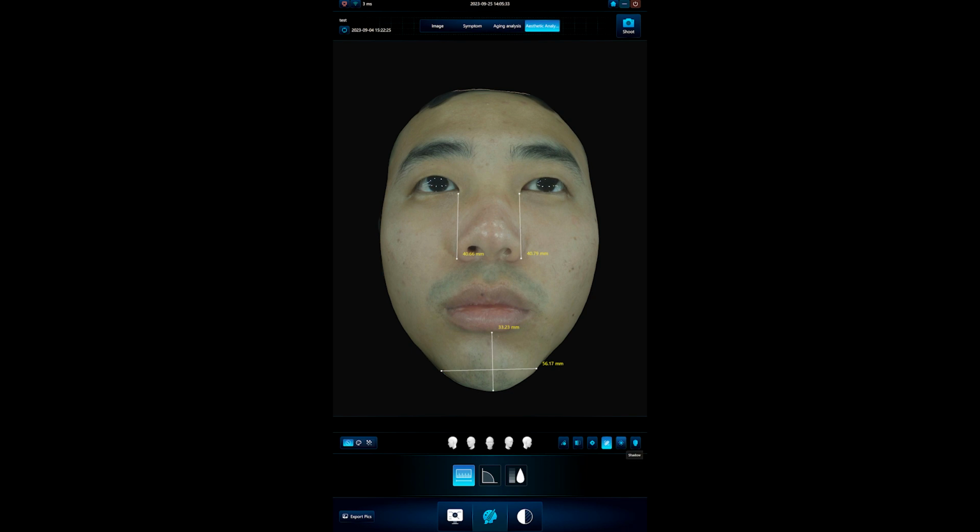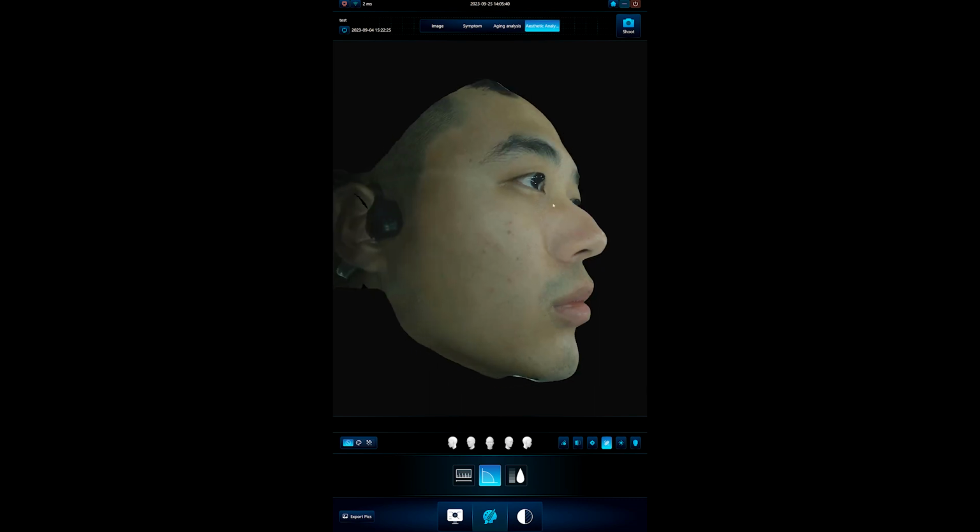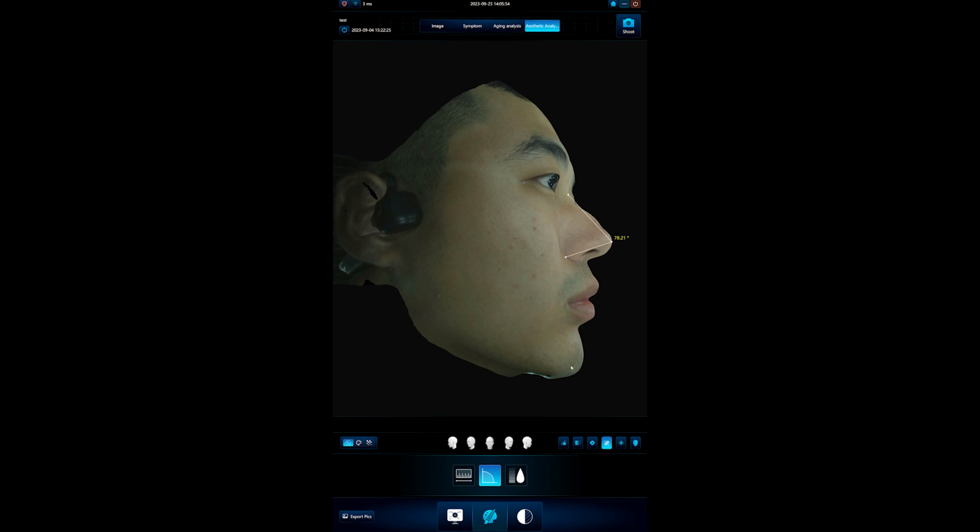So you can easily see. And also this is the angle. So from here you can also easily check the angle, and also